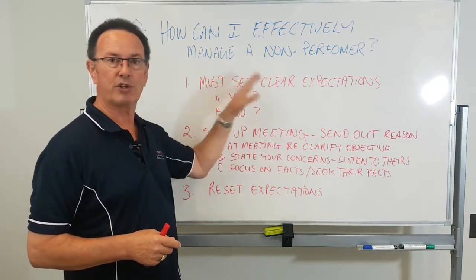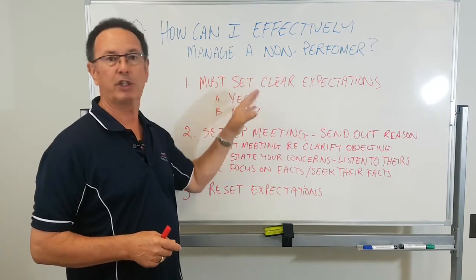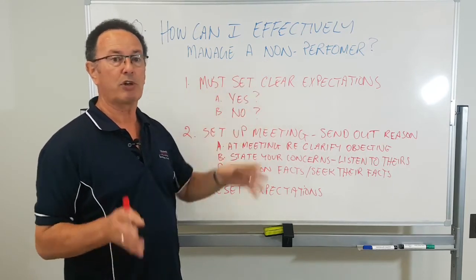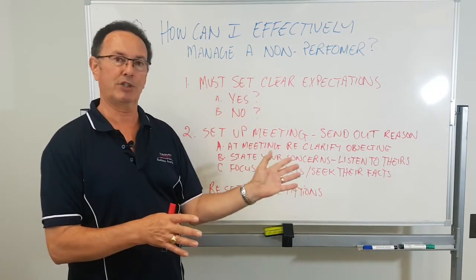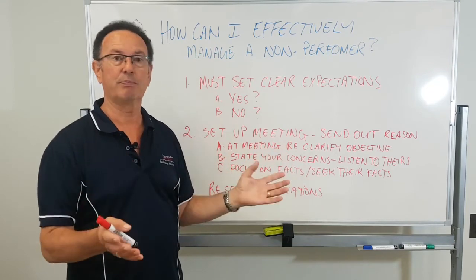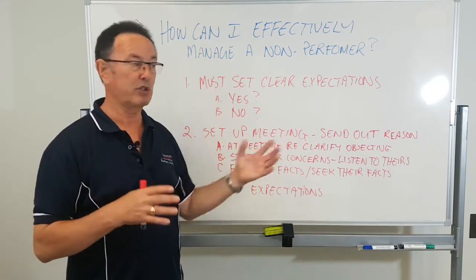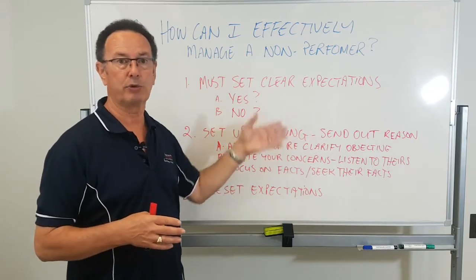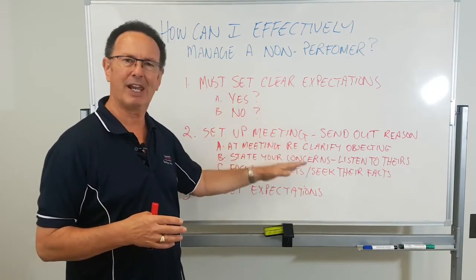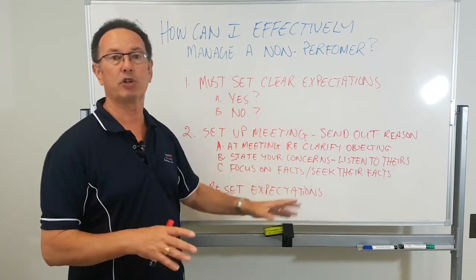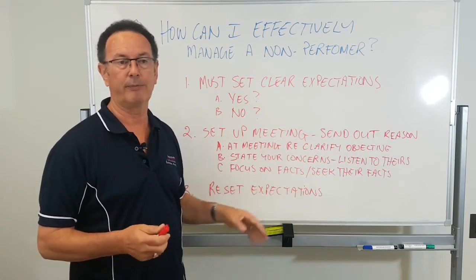Now, most organisations have a policy and a process to follow. So I'd suggest you start with your HR team if you have one and ask them what the expectation of you as a leader is, because that will help you know what you need to do in terms of this actually happening and degrading into a performance management plan.